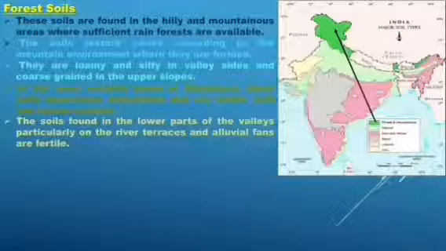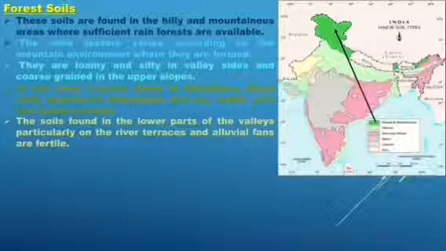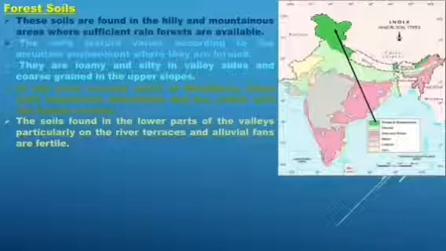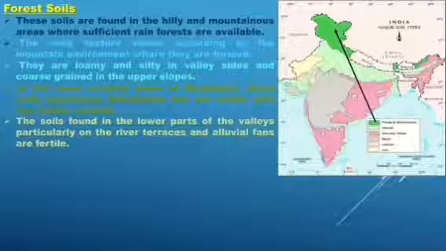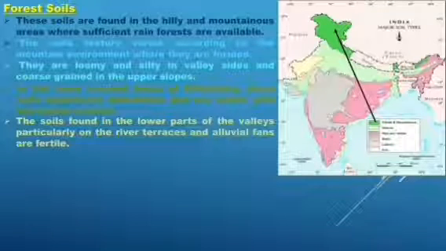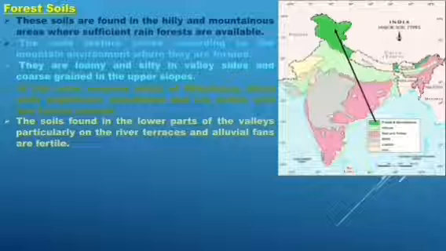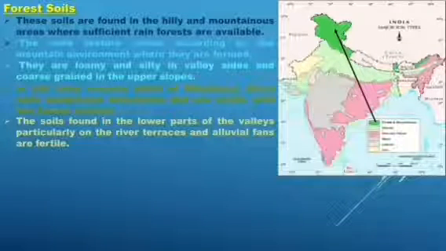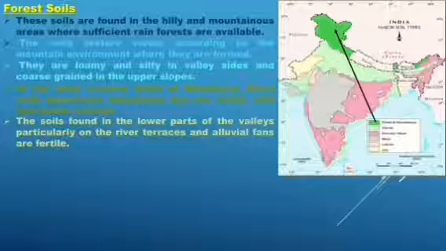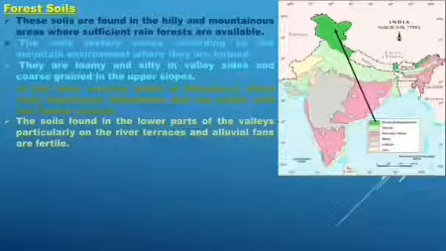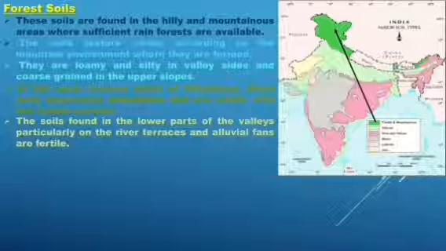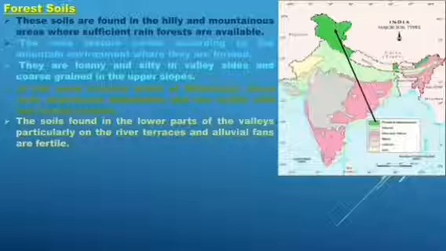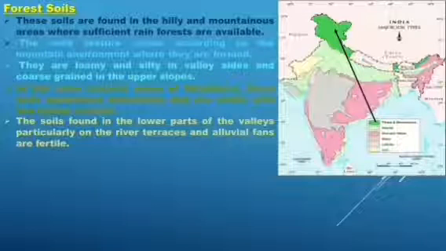It is rich in biodiversity. When these dead and decayed parts are mixed with the soil, it becomes fertile. But on the top of the mountain, these dead remnants slide downwards. It means the fertility on the top side is decreasing, but these humus or organic substances move down, and the downside becomes very fertile. The soil texture also varies according to the mountain environment where it is formed.